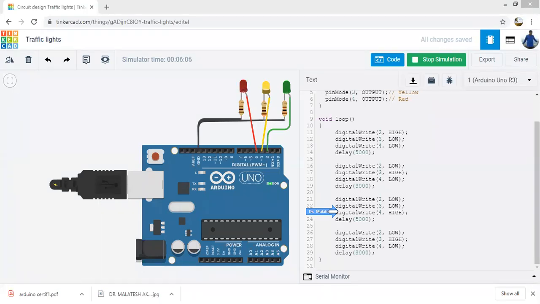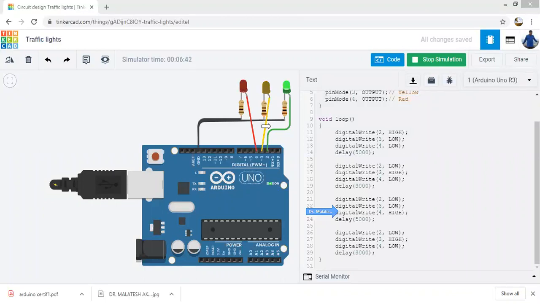So is it not possible to use the same Arduino board in a real-time traffic light control system on the roads? Yes, it is possible, but we have to connect relays through relay drivers. We will see the application of the relay in a program later. Once we are able to interface a relay with the Arduino, it becomes a real-time project, which we can directly utilize in real-time traffic light control applications.